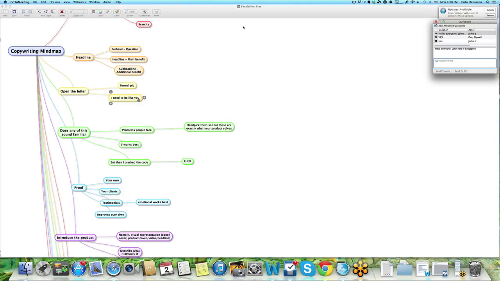You can have only 3 if those are really, really good, or if you really can't find some of the better features that your product offers, so you can put questions for those. You can go to 7, so 3 to 7, but 5 works best. And then after you list those problems, you say they know that you used to be like them, and then you say something like, but then I cracked the code, and it shows the point where you went from being like them to being successful.